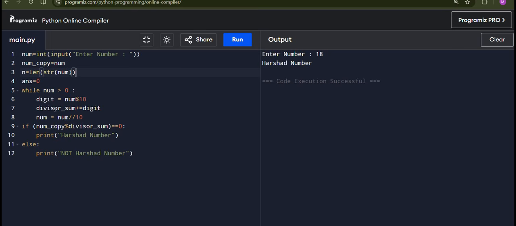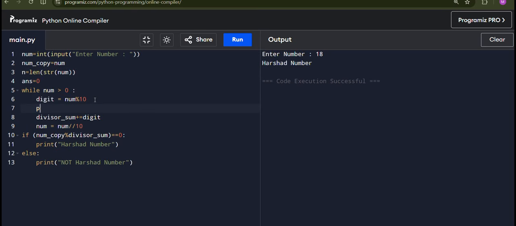After taking the remainder, now do power of digit is equal to power of my digit comma n. Now this power digit should be added.